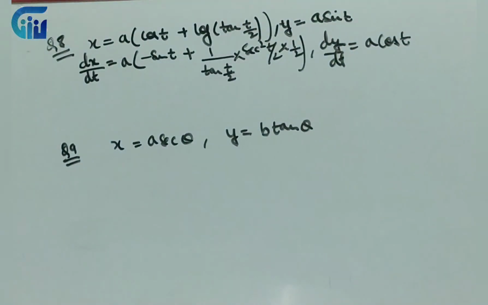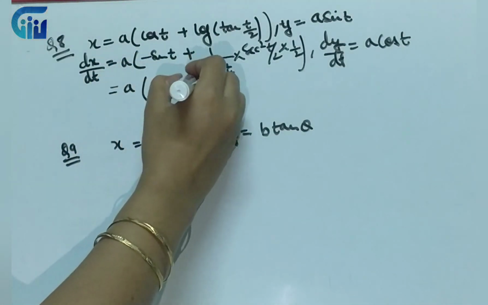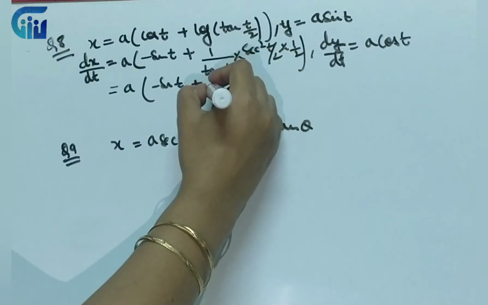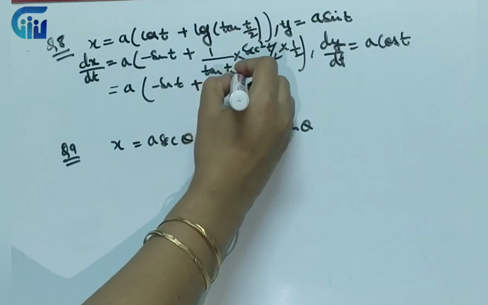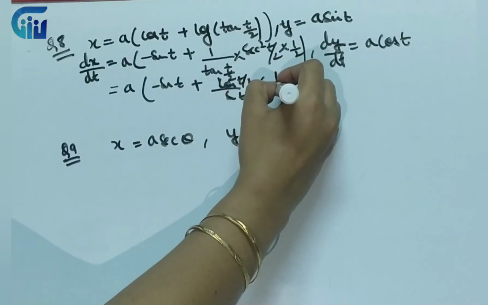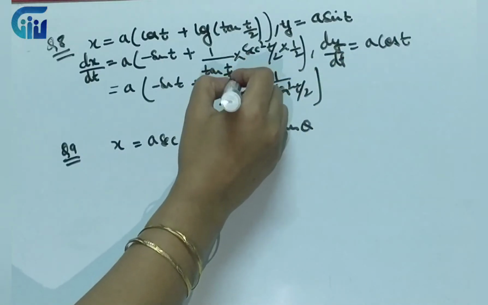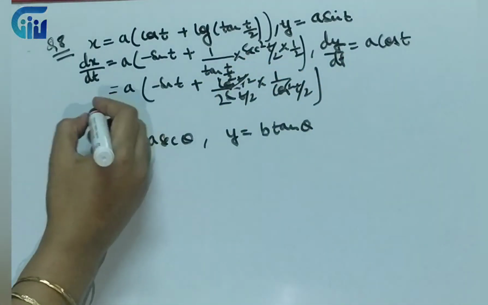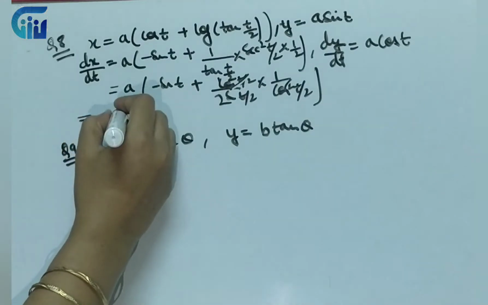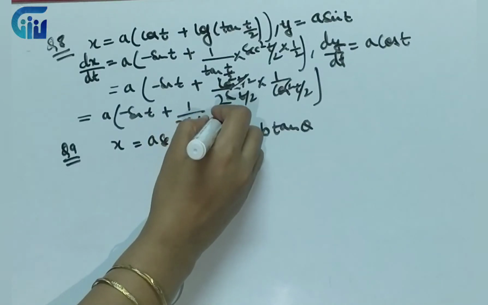Now let's quickly solve it up. We'll just write tan as sin upon cos and sec as 1 upon cos. So let's see what we get. We'll just simplify this. So it will be 1 up. This will be cos t by 2 upon sin t by 2, and this will be 1 upon cos square t by 2, and this 2 I'll just write here. So 1 of the value will get cancelled. So what will I get? A minus sin t plus 1 upon 2 sin t by 2 cos t by 2.